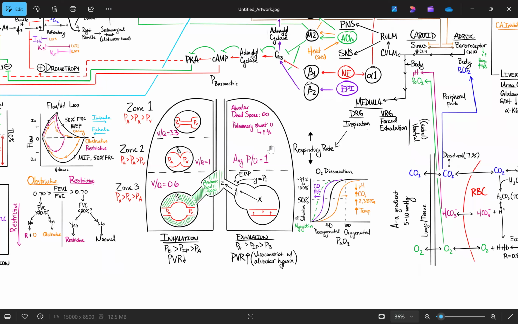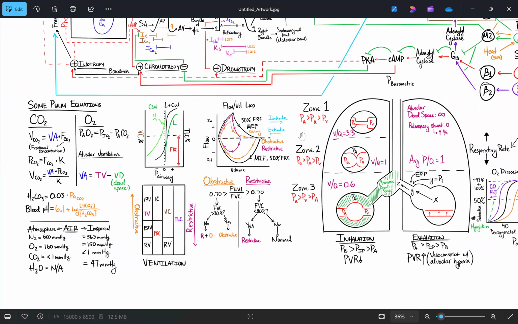Next, if we go to the left, we'll quickly talk about obstructive and restrictive. So we'll have our volume flow loop, which the black is the baseline, and then you'll have either obstructive or restrictive diseases causing a difference in the loop. So that loop, when it's above zero means air is flowing in. When it's below zero, air is flowing out. So as you follow that curve,